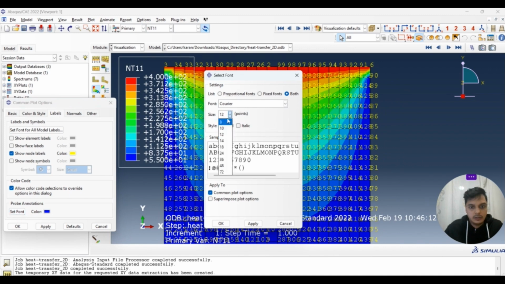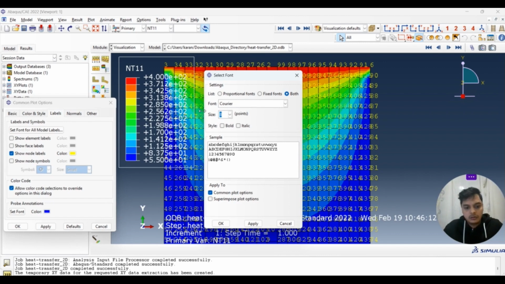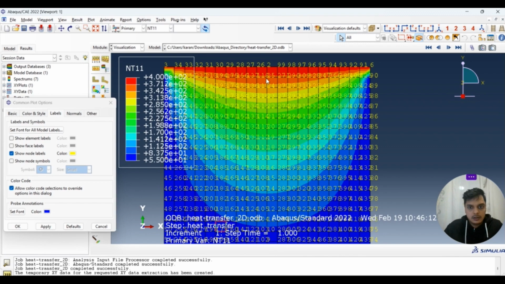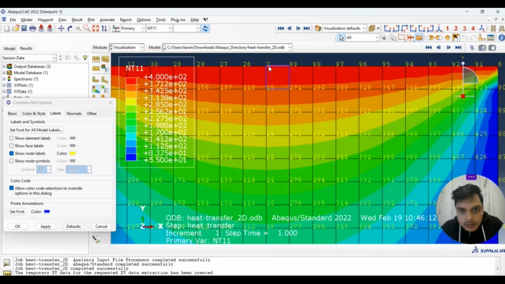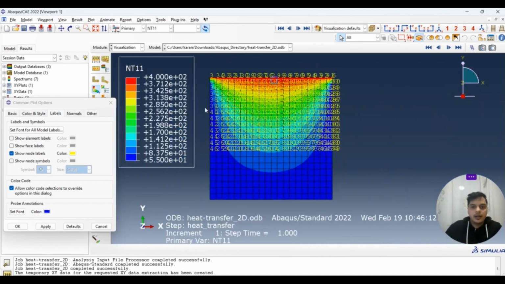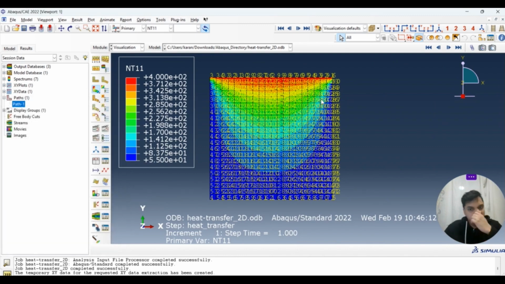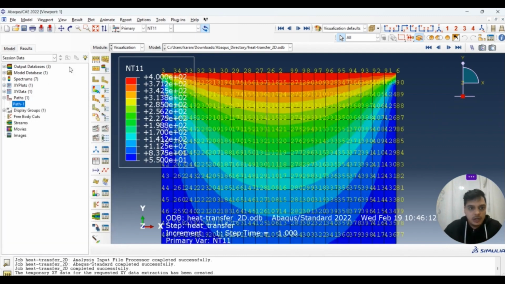Let's say I don't want that big, so I apply a smaller one here. If you want it even smaller, you can say 4. And here you can see at the top it is 2, and we try to check it out in our path, whether it is right or not.